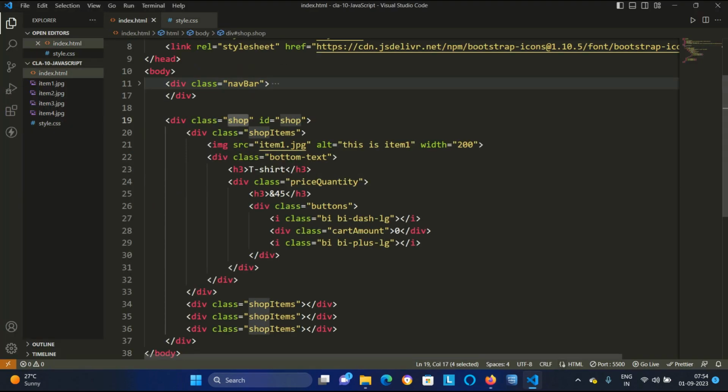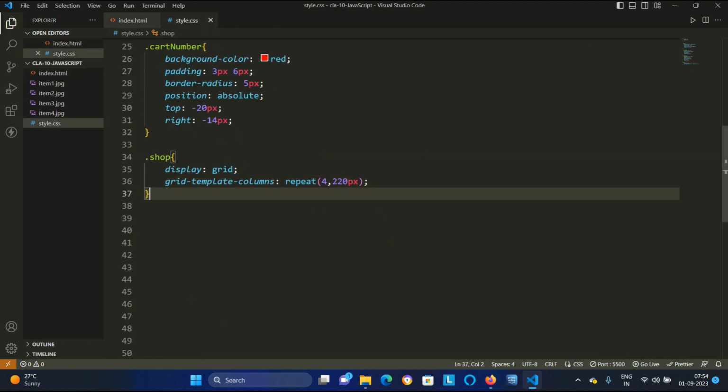Since we have not given any border to my SOAP items, I'm selecting this SOAP items, Ctrl C, go to the style.css here. How will you select this?